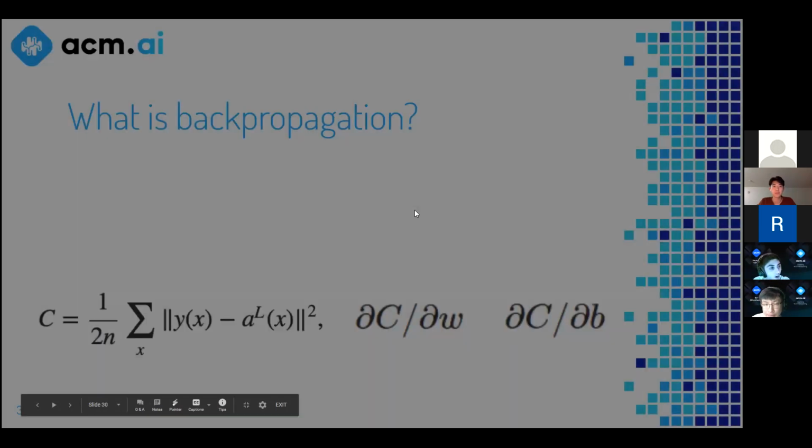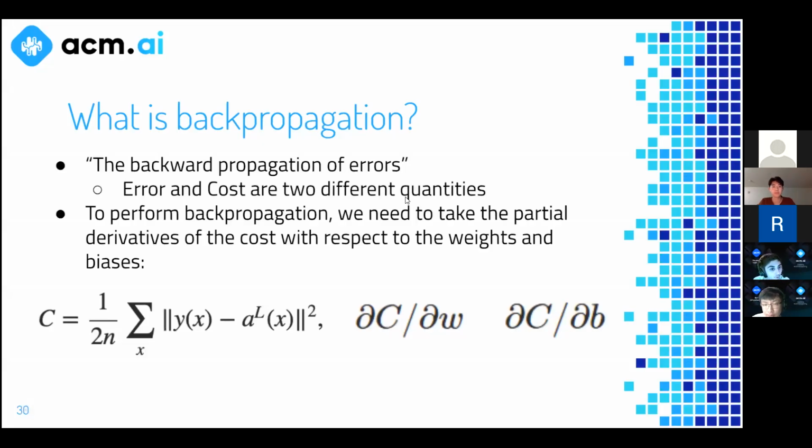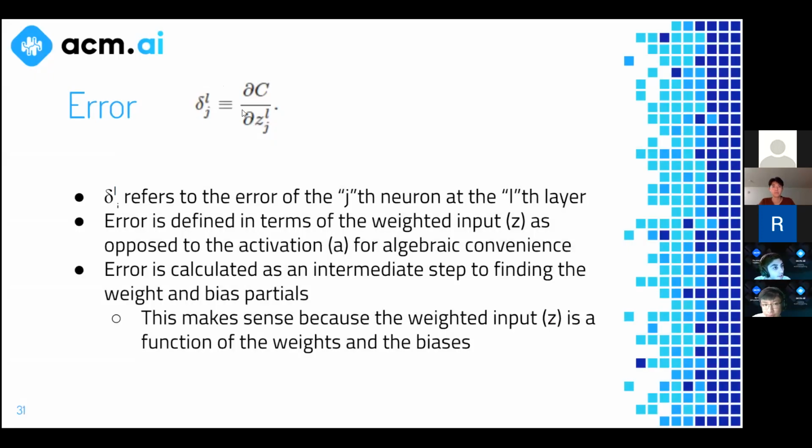Just like every neuron has that activation and that bias, every neuron has this third quantity now that I'm defining as the error. It's just another quantity that's inherent to the neuron. And the goal of back propagation is to calculate those errors in each of those neurons. Okay. So the cost is just that value you get at the end of your feeding forward, and it tells you kind of how well you're doing. Okay. And then we use this error to update the weights and biases so that our cost will go down even more.